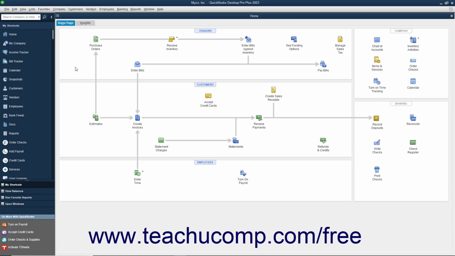www.teachucomp.com/free. A feature that can improve the speed of company file creation is the ability to copy and paste data into lists within QuickBooks from Microsoft Excel. You can copy and paste data from an Excel worksheet into the customers, vendors, service items, inventory part, and non-inventory